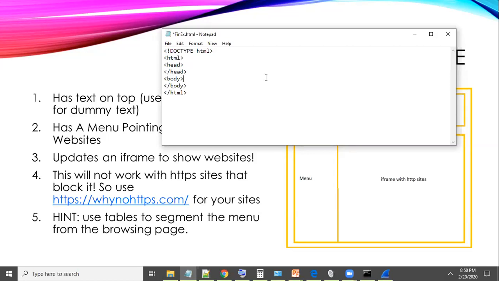As you do this more often, it'll become more intuitive, but I don't expect you to remember this all right now. It comes with practice as you type these things out. Then we'll put in a title tag to define what's shown in our tab, and we'll say example. Now for the body, we're going to create a table for the actual content.